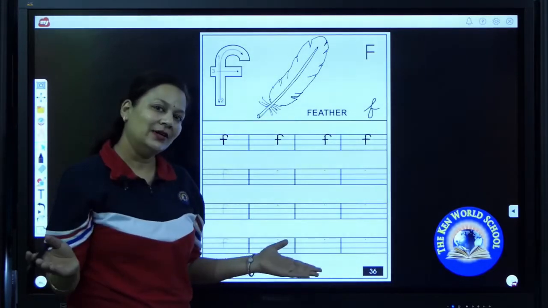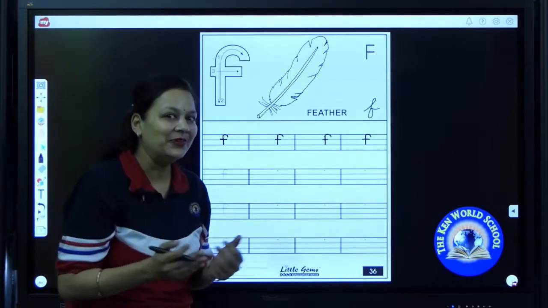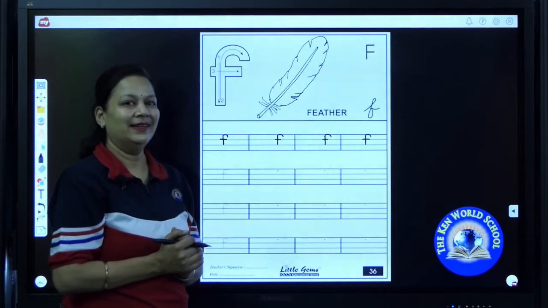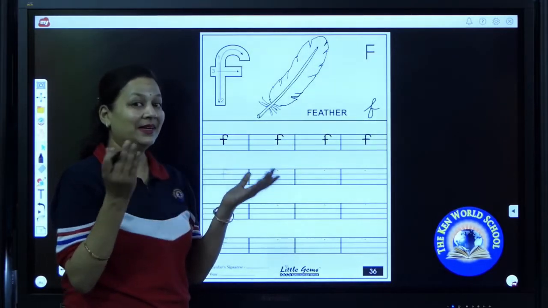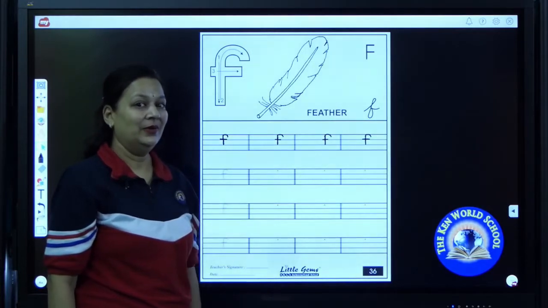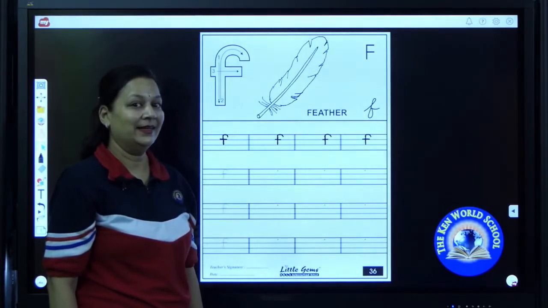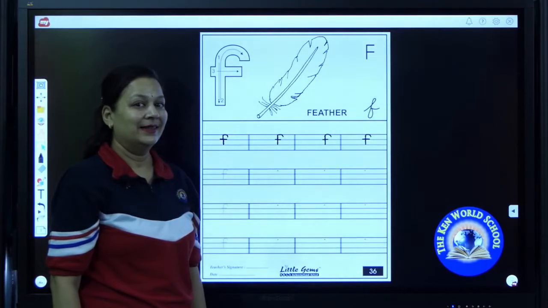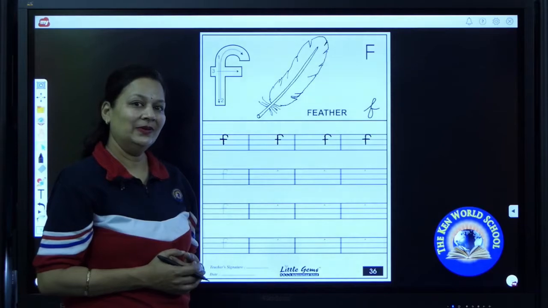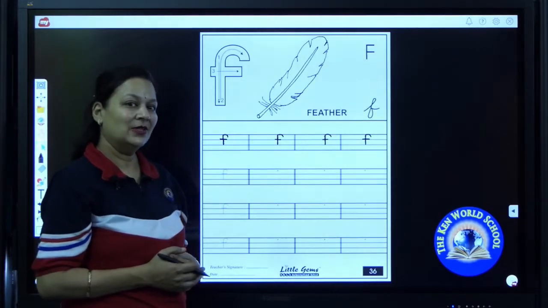Now it's your turn to complete your first row. Write it properly. Write it nicely. It should look beautiful. Have you all completed your first row? Great job.